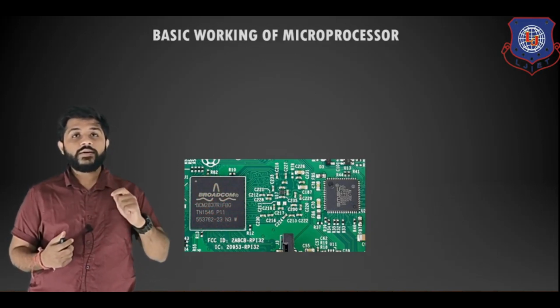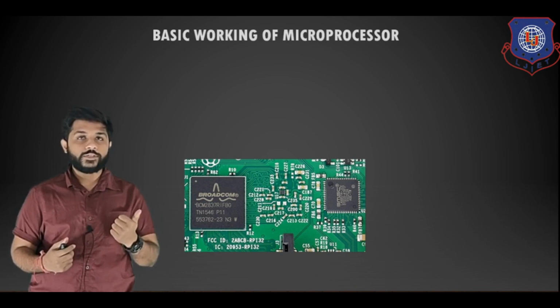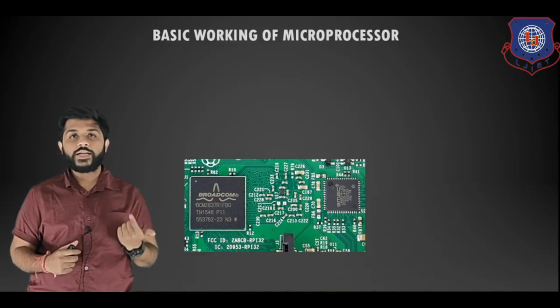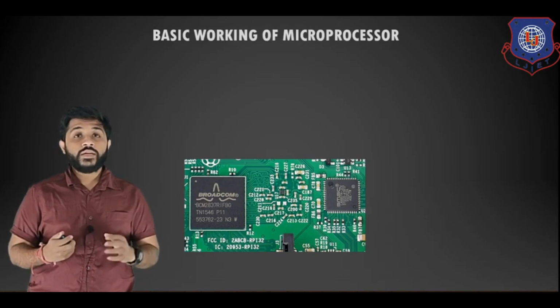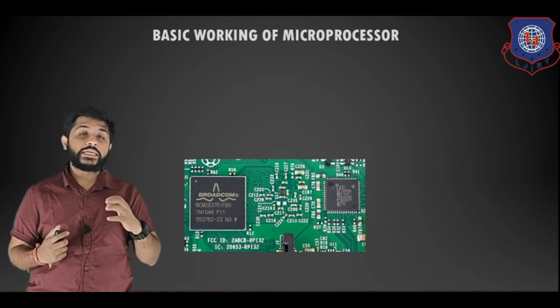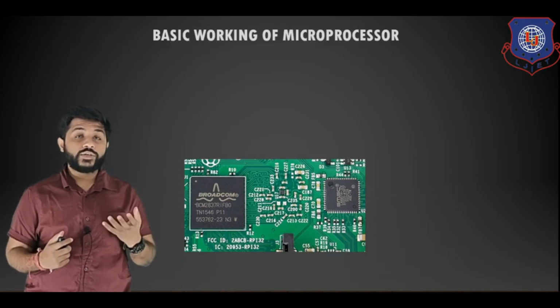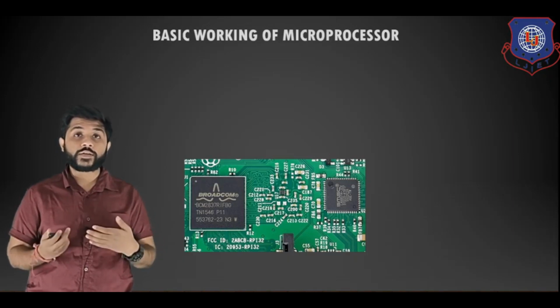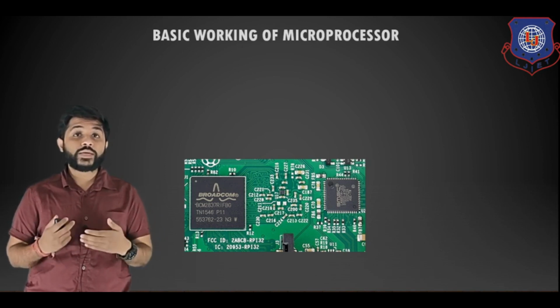It will start fetching the instruction from the first memory location. It will fetch, decode and execute. After the fetch, decode and execution of the first instruction is done, it will fetch, decode and execute the next instruction, and the process will keep going. But this is a very basic thing. We are going to see what steps are done by the microprocessor when it does a particular process, let's say instruction fetch. What steps are done when the microprocessor is doing instruction decoding, and what steps are performed by the microprocessor when it is doing the execution.